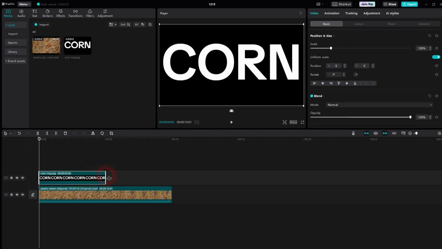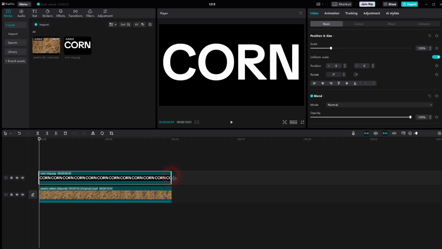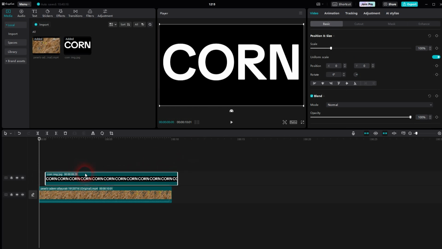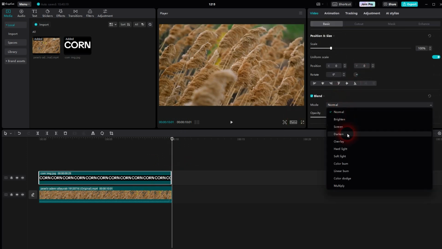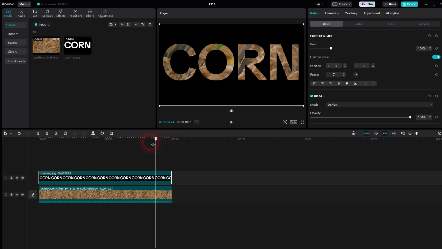Let me drag it into the timeline, but first we need our corn clip, then our image. I resize it so that it's as big as my cornfield video footage. You want to make sure that it's fully to the left so that you can see it. It's active in the timeline, and then once again video basic, and then scroll down until you can find the